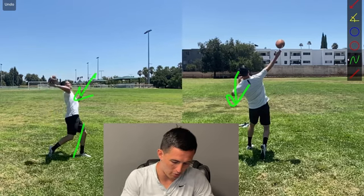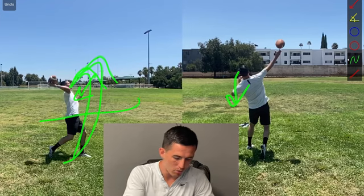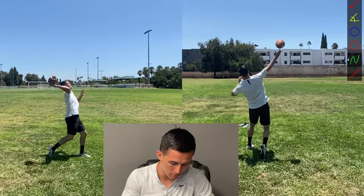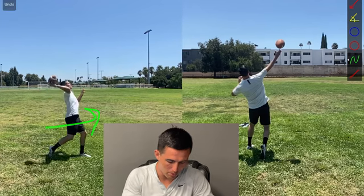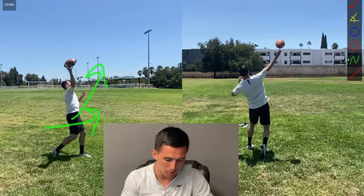Okay, and then the overall trajectory of your body wants to be much more vertical as you're coming up and through, right? So you're releasing the ball and your body's going a little bit more up here as well as coming forward, instead of, when you're throwing normally, you're usually just going right on this track, where when you're here, you want to be able to throw the ball much higher up,